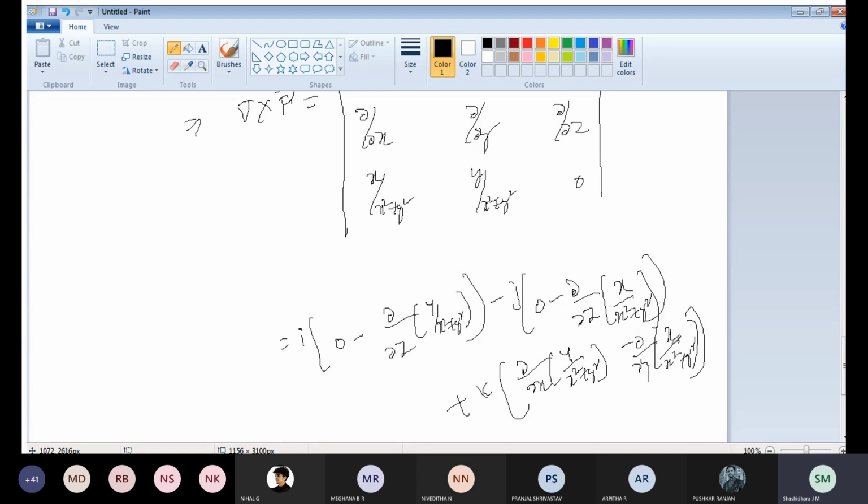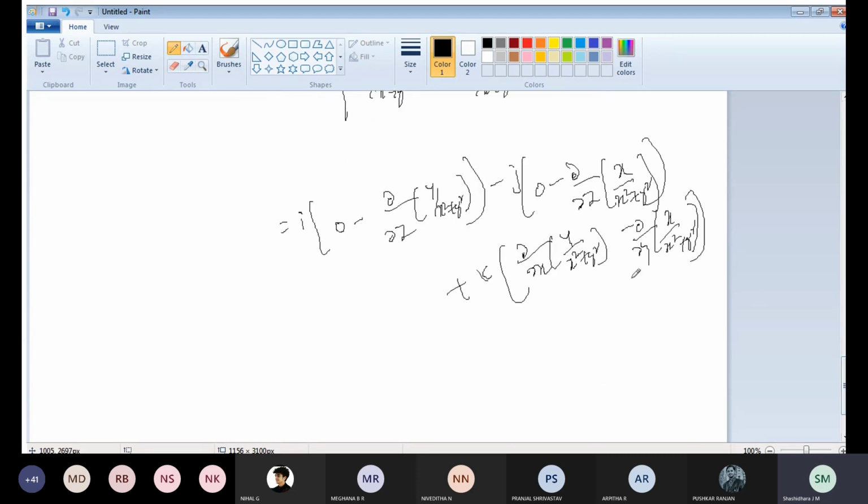Okay, so observe the first term, the i coefficient. So what is the i coefficient? Here it is 0. So dou by dou z of y by x square plus y square. Here there is no z term. If the z term is not there, the entire term is constant. So dou by dou z of this term becomes 0, because the z term is not there and we are differentiating with respect to z. If the z term is not there, the entire term is constant, that is 0. Similarly here also, dou by dou z of this one, here also the z term is not there, the term is 0. So totally, in the first two terms you will get the i coefficient 0. So nothing but 0i minus or plus 0j, then plus k term in the last term.